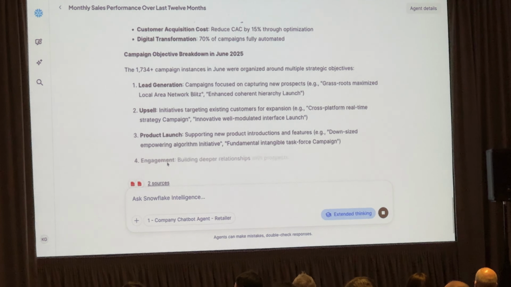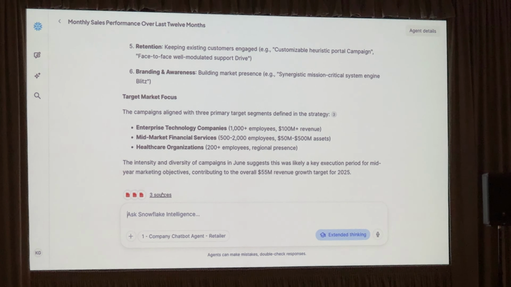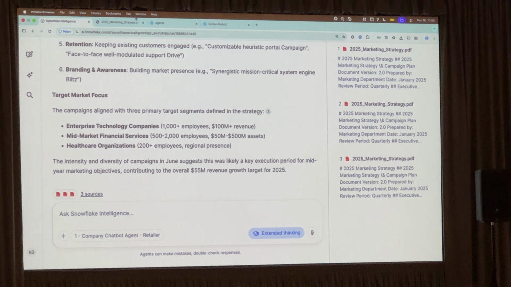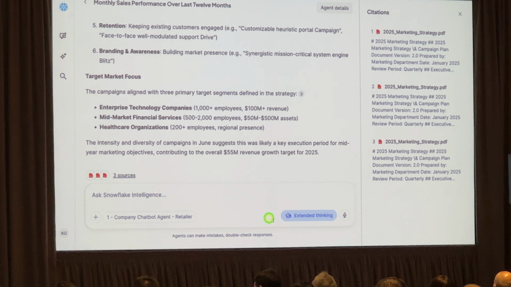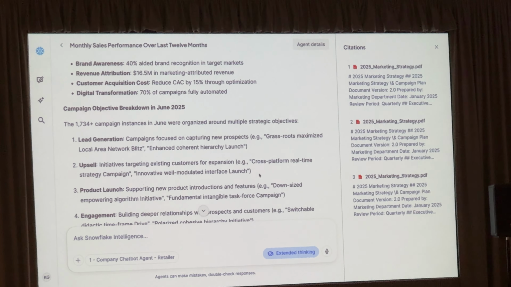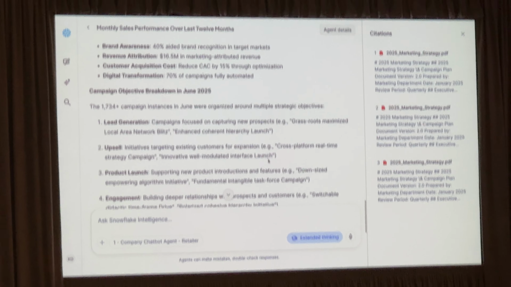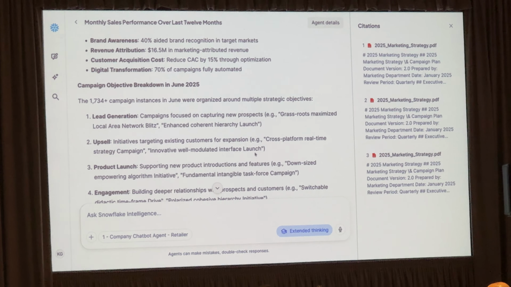And you can see down here, unfortunately, it just keeps generating stuff, so I can't actually hover on this, but there we go. We can see the sources of the strategy document, and I can actually take a look at that. So that extended thinking mode is going to really try to parse the contents of that document, dig a little bit deeper to connect the dots, as I said earlier, and try to understand, can we draw more conclusions, even if we're not mentioning June 2025 explicitly in the document, can we tie that marketing spend or that campaign spend to this initiative?